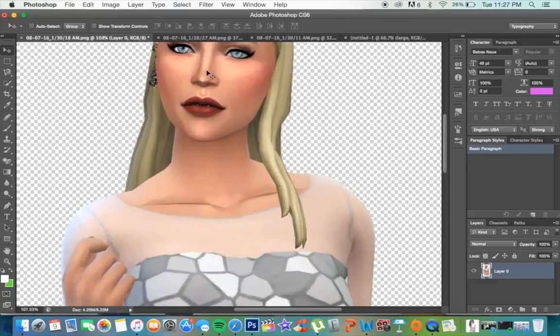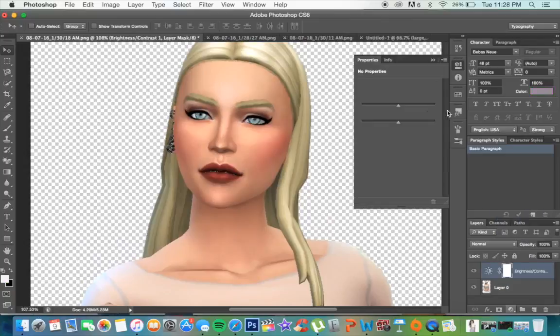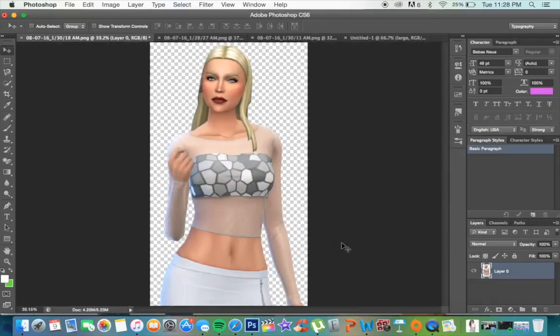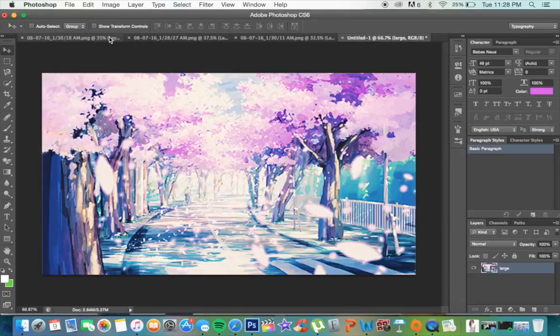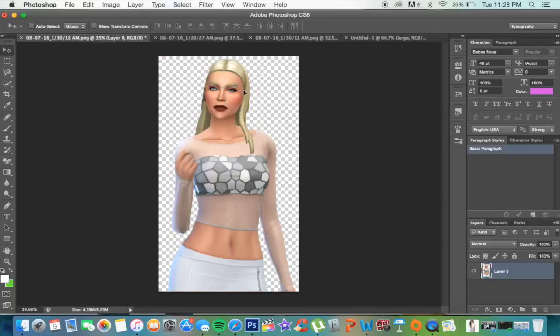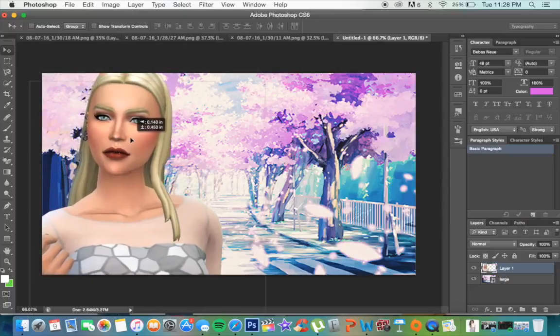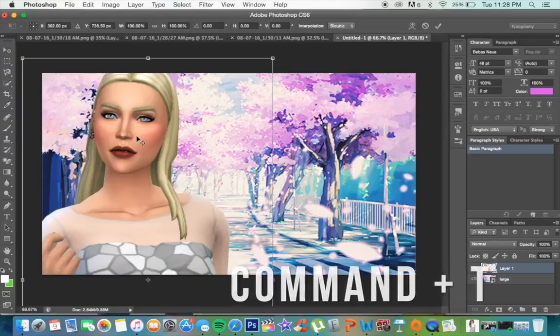So I then usually brighten the image, or it comes out to be easier to just do it once it's already in the picture for your background. So that's what I'm going to do. I just drag and drop the image here. And what you want to do is type Command T, and this